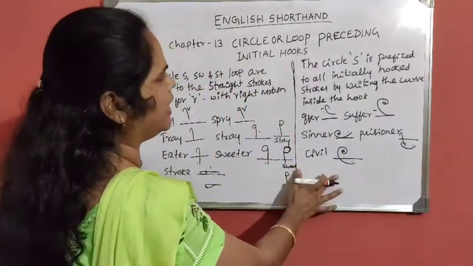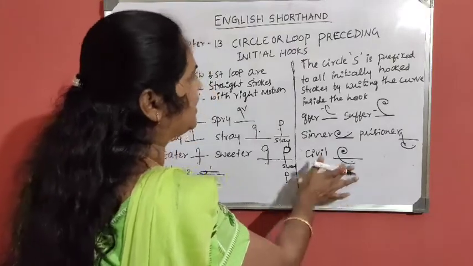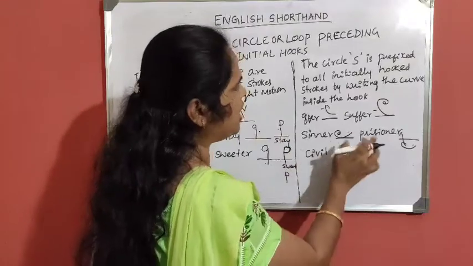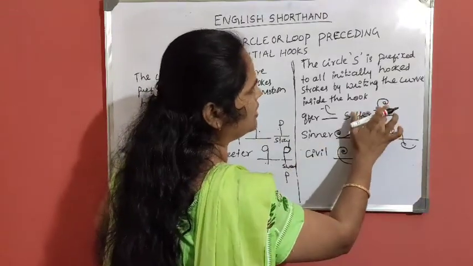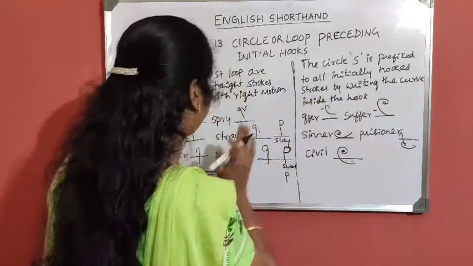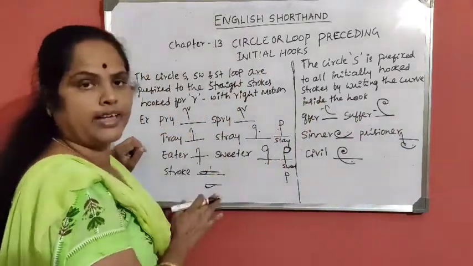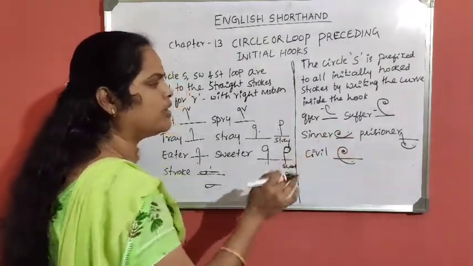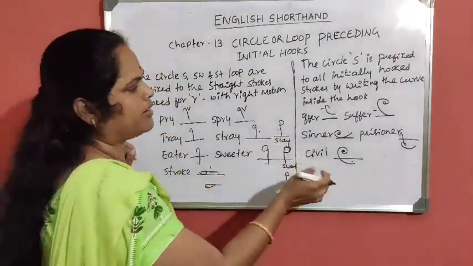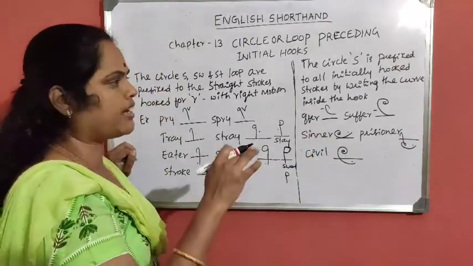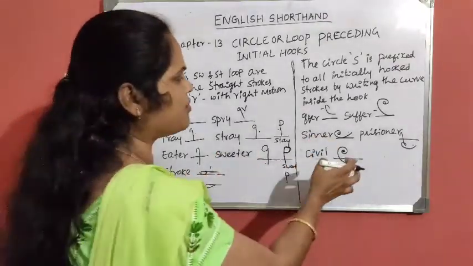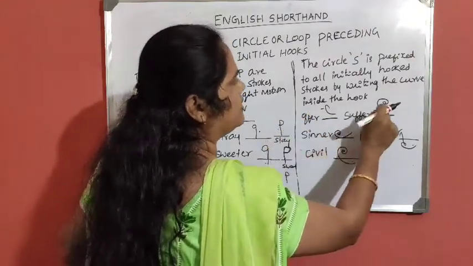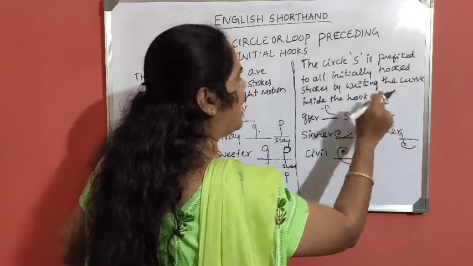Like this we have to write for the strokes. Circle S. When the circle S and R both come in the words, you have to write it clearly, both circle S and R for these curves. But here you have to write with the right motion. For the curves we cannot write only with the right motion. We can write with the left motion also. So we cannot make out the difference. That's why like this you have to write. You have to clearly show that the circle S plus R hook is here.